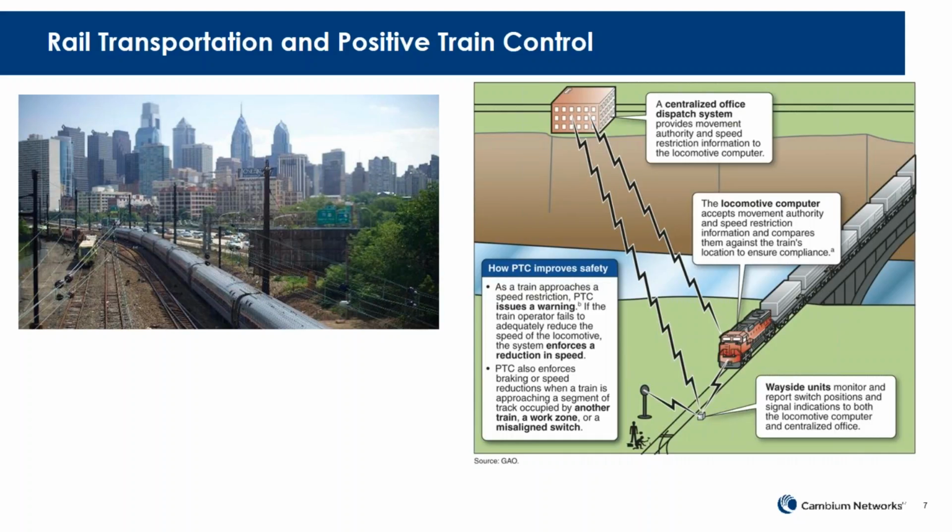So you can see in the picture there, again, it's all about sensors. There's sensors along the track side. There's sensors in the train itself, and they're all connecting back to that dispatch system to understand exactly where that train is, what's the situation of the track out ahead of me, and what is the status of the different switches in the track out ahead. For example, there might be somebody working on the track, and you want to communicate that back to the train and stop it in time. So again, sensors all needing to talk back to a central location to optimize the system for efficiency and safety.